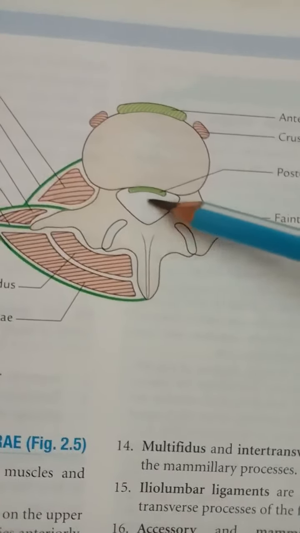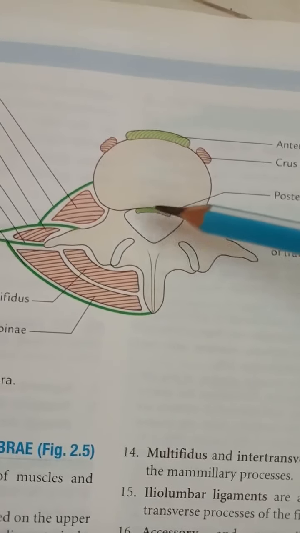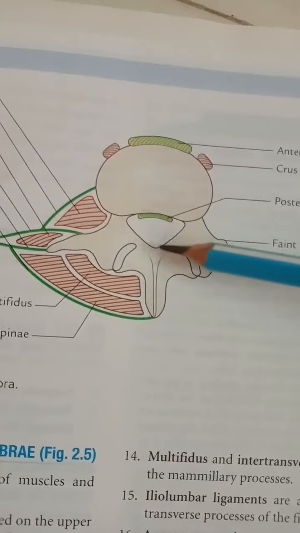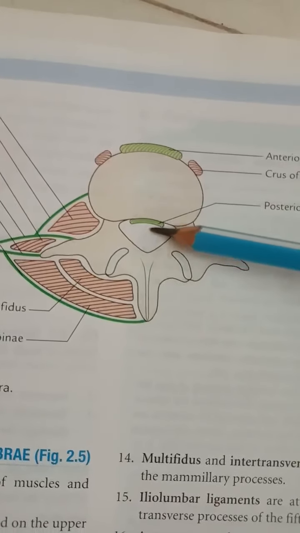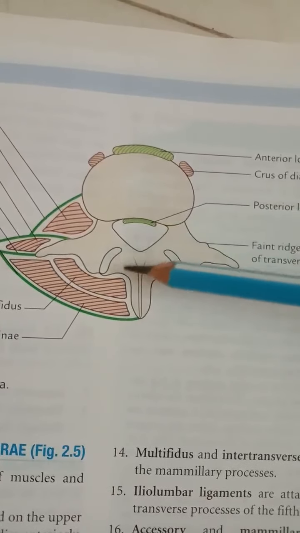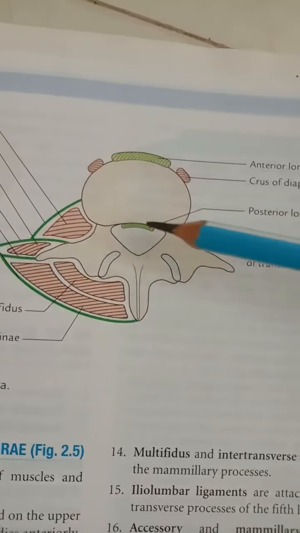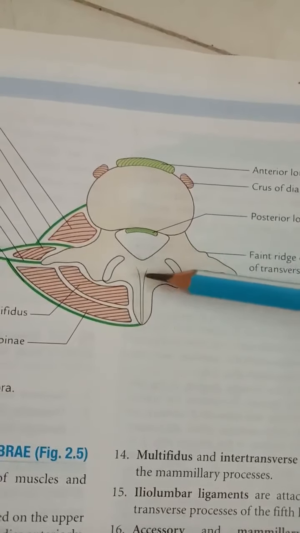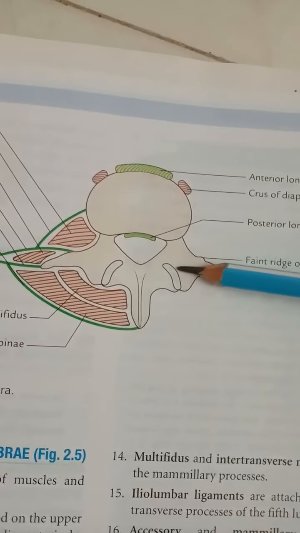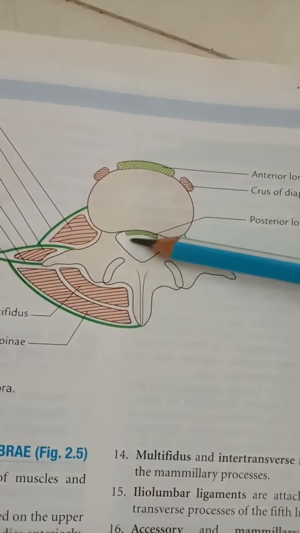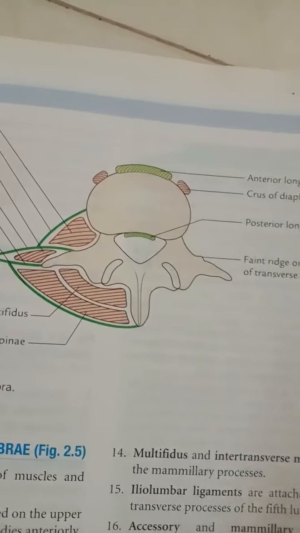Then the vertebral canal. The vertebral canal formed by the first and the second lumbar vertebra consists of the conus medullaris, which is the lower part of the spinal cord. Then the part formed by L3 to L5 vertebra consists of the cauda equina, and apart from this it also consists of the spinal meninges.